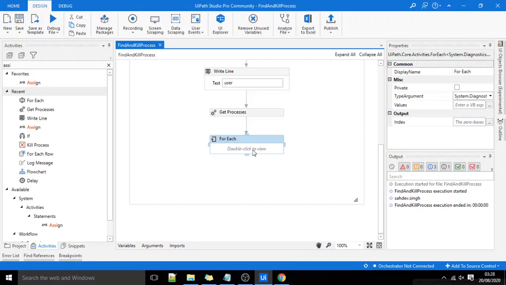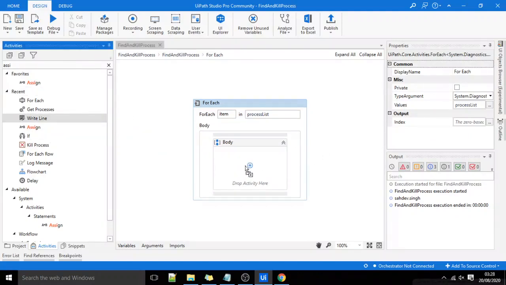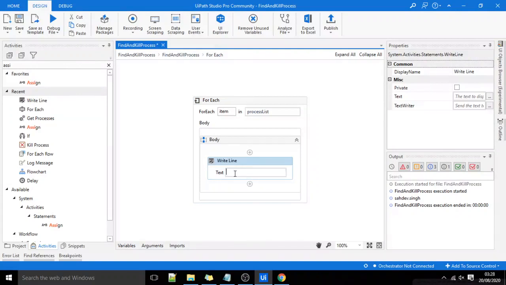Now I'll double click on for each. Here I will type the name of my variable that is holding all the processes, processList. Now I can write the name of all the processes to the output panel.